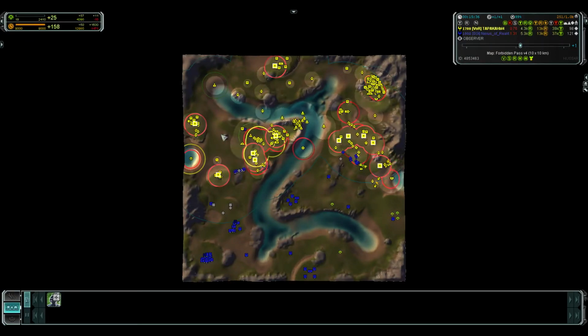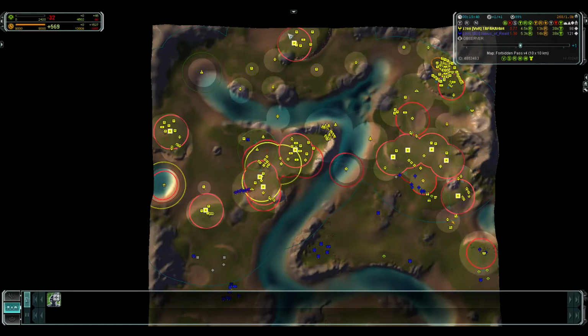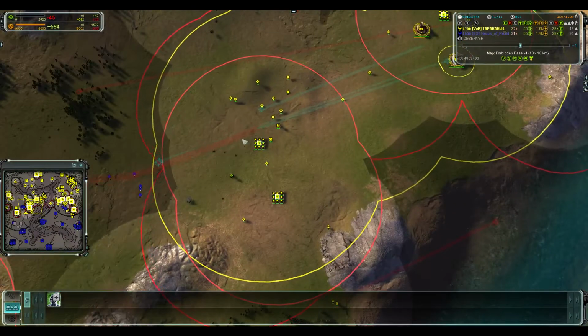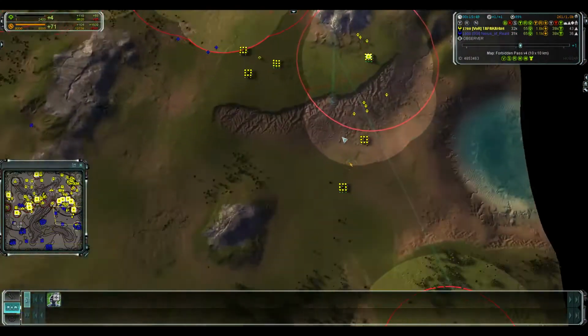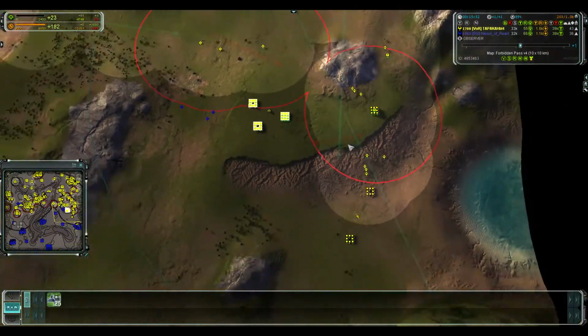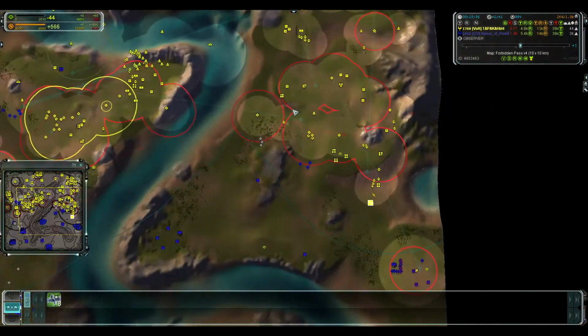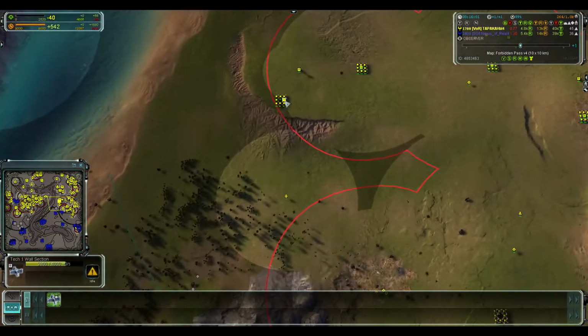11 T1 PDs. So one in this expansion, this expansion, this expansion, 2 here, 1 here. Yeah. And he's already lost quite a few, some fake ones, but also some real ones. I mean, 11 PD is